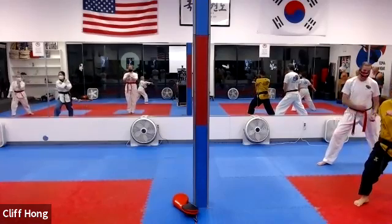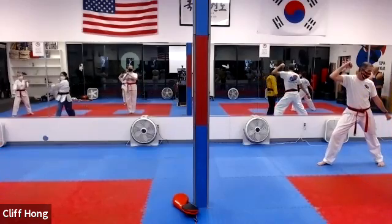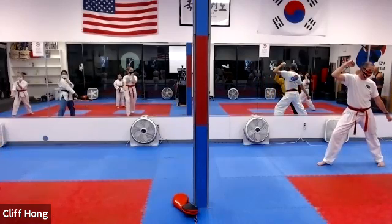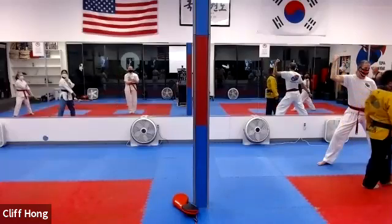Okay, we're going to do an inside out block and a low block. All right, gentlemen, this is the John Travolta Saturday Night Fever pose. All right, so that's what that is. Brandon's like, what? Yeah,